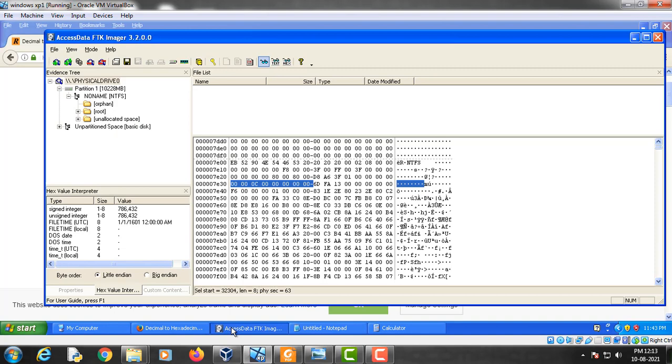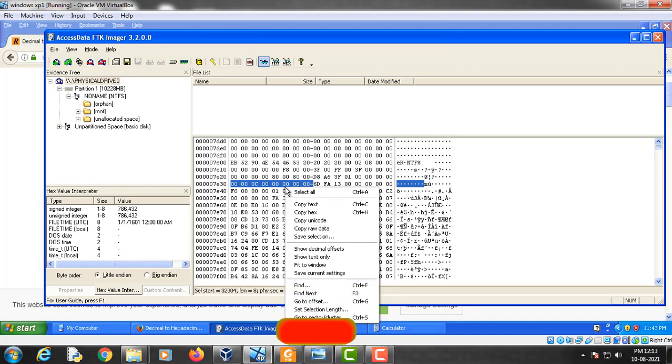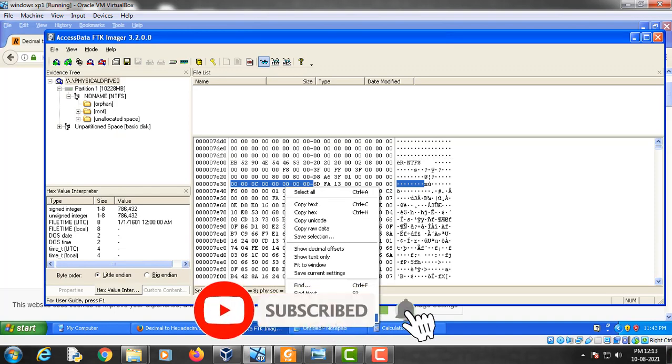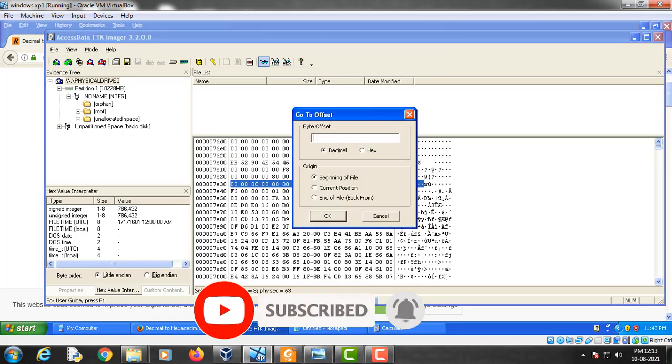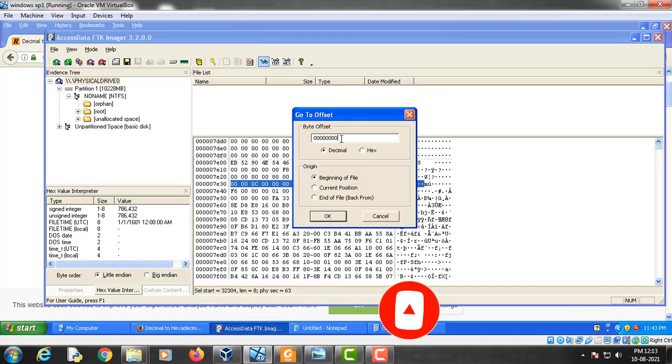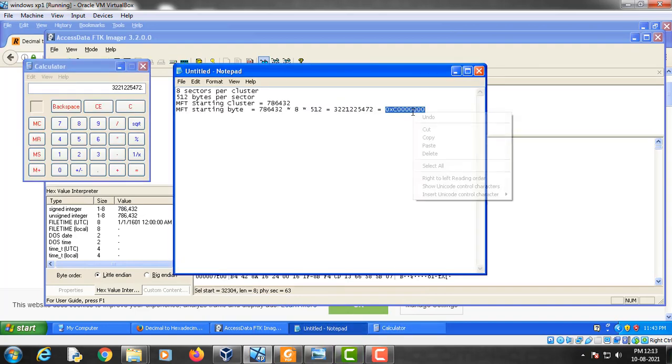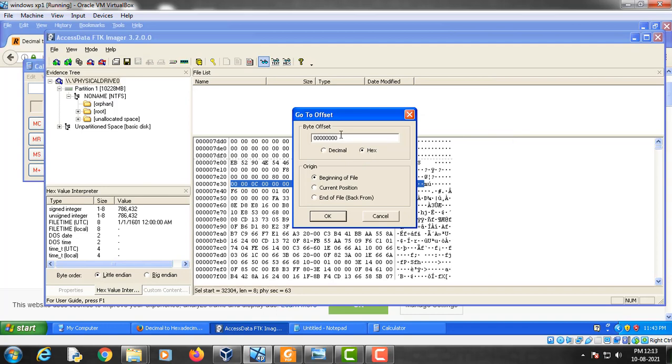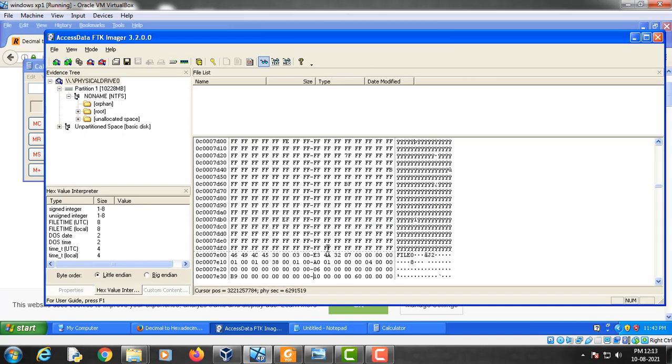Now if we right click here and go to the offset and type the byte, and let me copy it first. Copy, and click hex. Okay, so this is the starting of the master file table of partition 1.